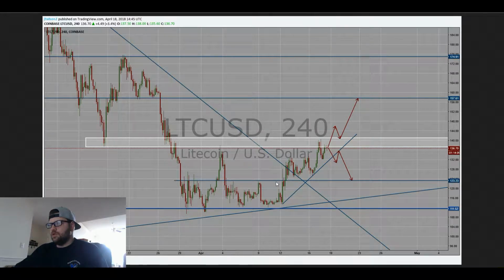I've also added this horizontal line, which is based off of the top of this consolidation area. I'm also looking at this trend line being possibly broken. So essentially what we're looking for with Litecoin is either a breakout of this zone and a retest before continuing up to market structure, which is the bottom of these levels, or the tops of these levels. So the 157 or the 175 levels,